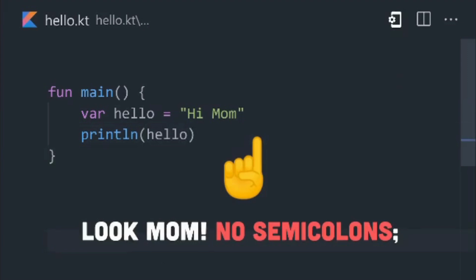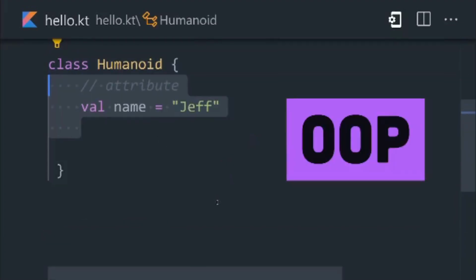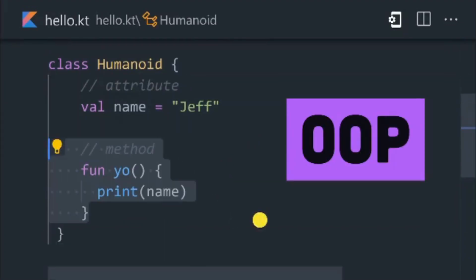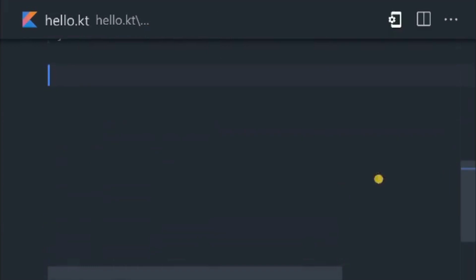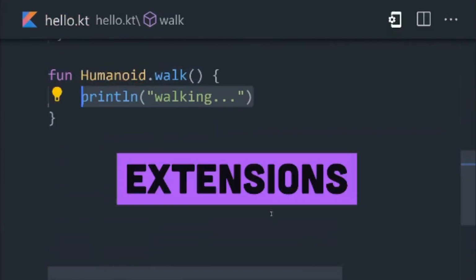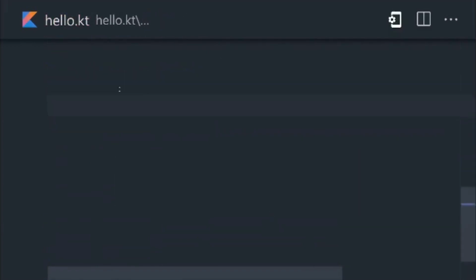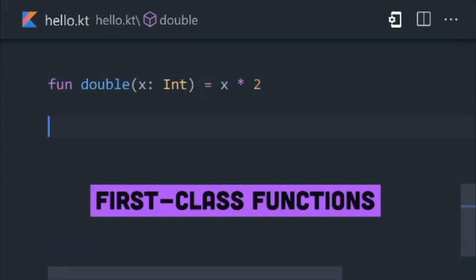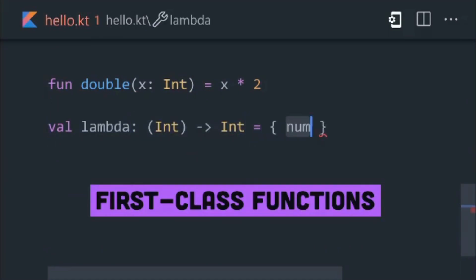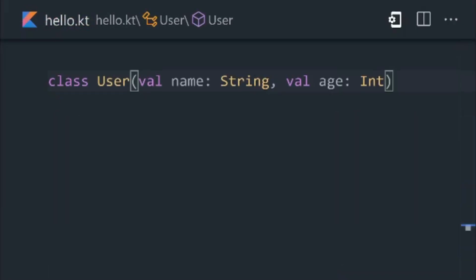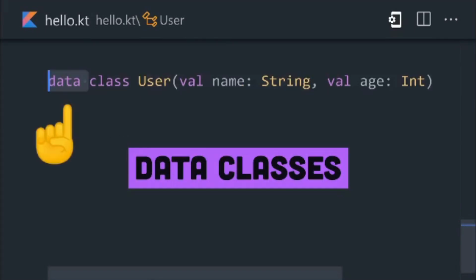Kotlin supports object-oriented programming, but it also embraces functional programming concepts. It also introduces powerful features like extension functions, which allow you to add new functionality to existing Java classes without inheritance. To reduce repetitive code, Kotlin provides data classes that automatically generate common methods such as constructor, equals, hashCode,